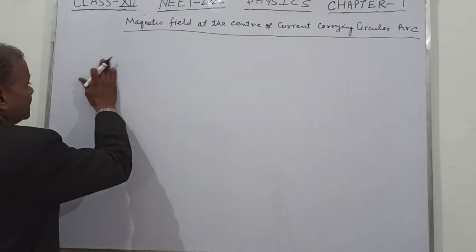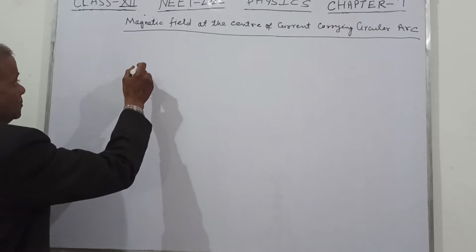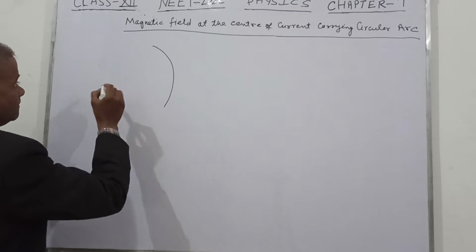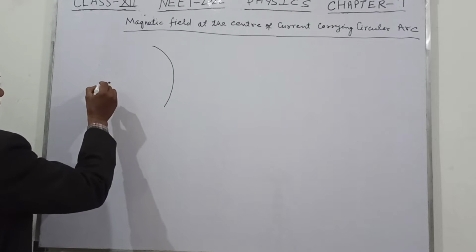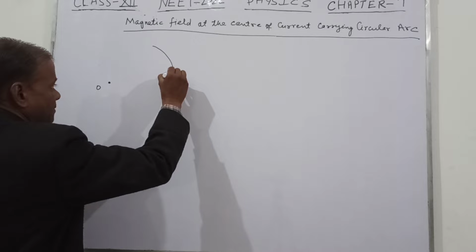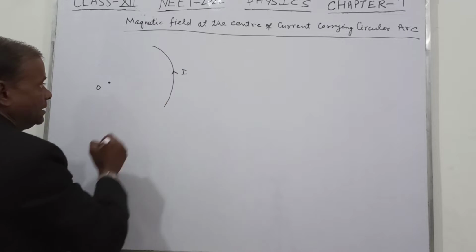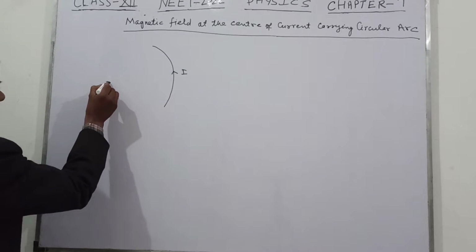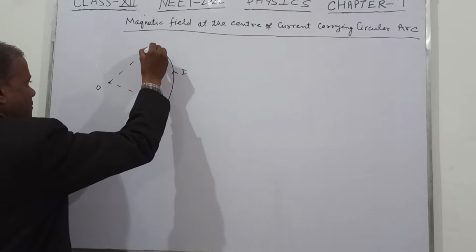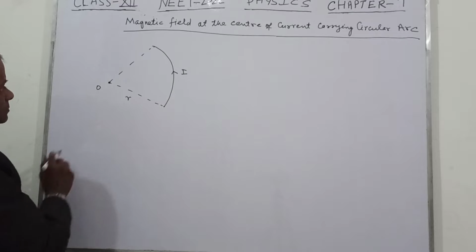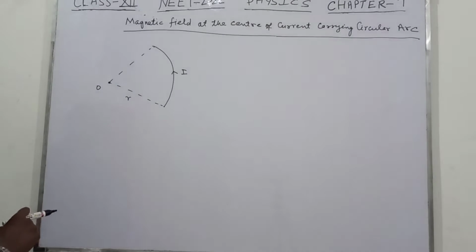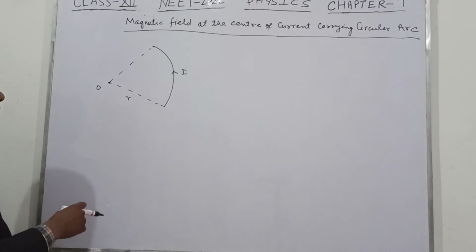So now, this is a circular arc. Suppose this is the center O. It carries a current I. Its radius is R. This is the radius R, and this is the center. Now if we apply the Biot-Savart's law,